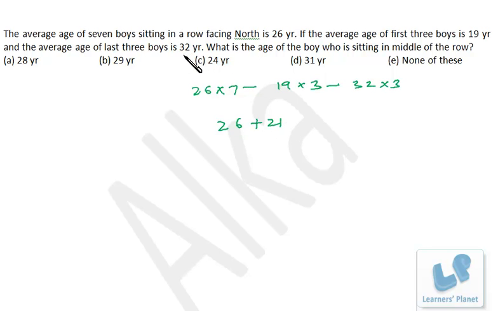And here the average age of the boys is 32. So the difference between this and 26 is 6, and 3 boys are there. That means in total we are gaining 18. 6 into 3, 18. So that we can deduct from here, right? Because this is the extra and the other is what we are getting less. So from this 26 we need to make up the loss and profit: 26 plus 21 minus 18, so 26 plus 3, 29 will be the correct choice. So that's option B.